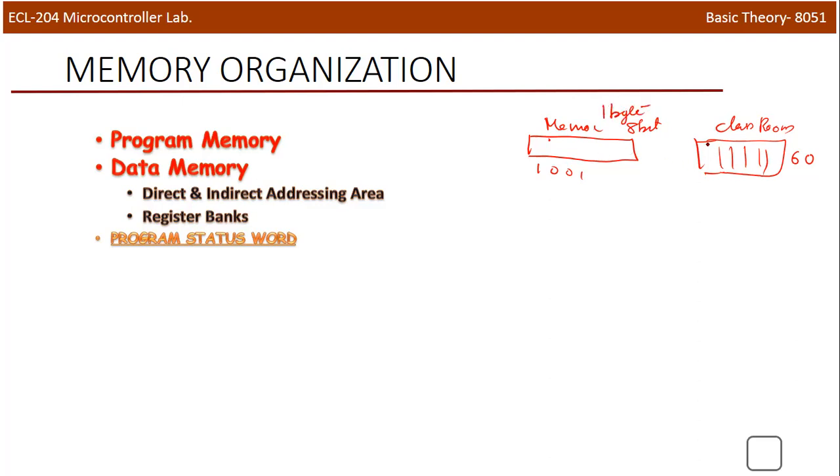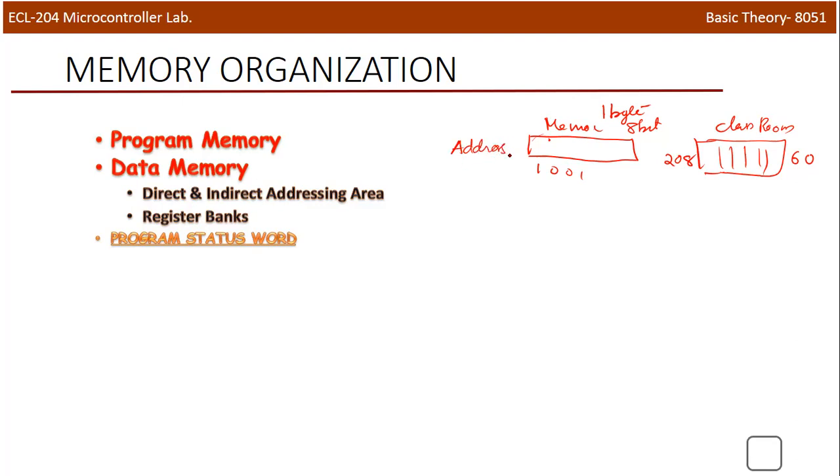And each classroom is identified by the class number or a room number. Usually we'll use the decimal number system for identifying the class, for example, the class number 208. And this particular number is actually used to represent this classroom. Similarly, in the case of memory, in order to identify this memory location, we will use some memory address. And this room number, the memory room number, is normally known as the address.